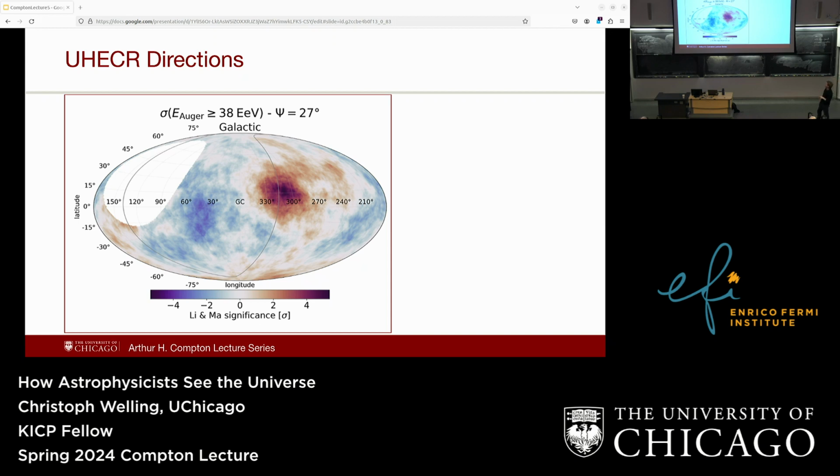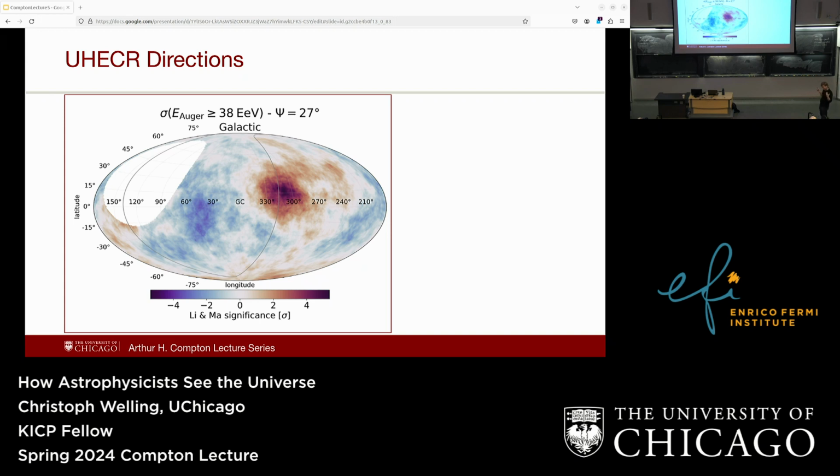And if you do this, so this is with Auger, where you only take the highest energy ones, you get a map like this. So you have this big hole here, that's just where Auger can't see because the Earth is in the way. You can see that there are more cosmic rays coming from this one direction, and overall it's still fairly similar everywhere. So this difference is not actually too much. Another interesting thing you see is this gray line that I hope you can see here. That's where our galaxy is. And you see there's no association with where our galaxy is.